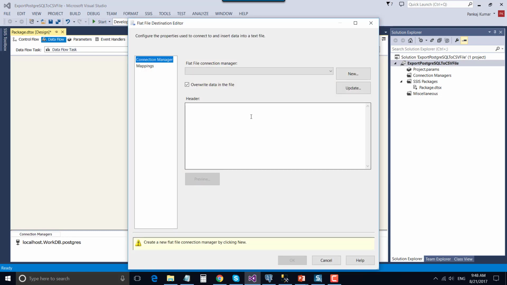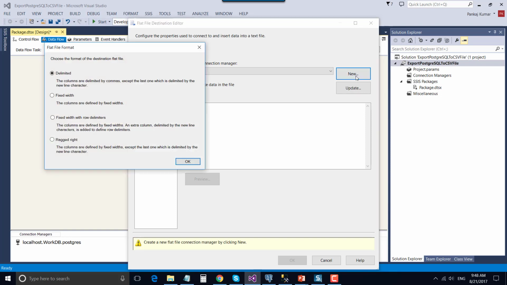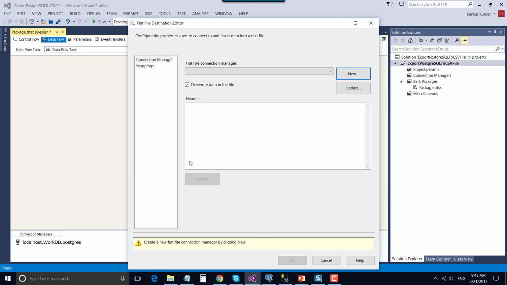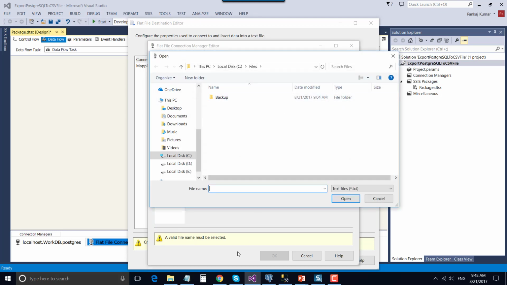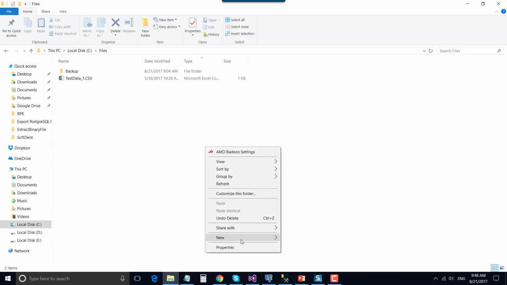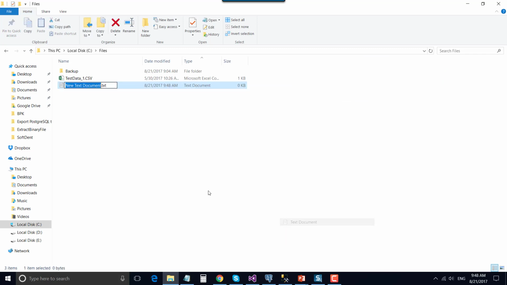Double click flat file destination to configure it. Click new, and leave the delimiter selected. Click OK, and now we can name the flat file connection as CSV file, and now we can browse the CSV file. So let's create a raw flat file here, I mean an empty flat file here, which name can be my data